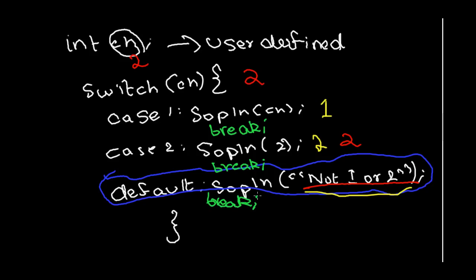So the basic function of the break statement, and I hope you guys have understood, is to stop the execution of a switch or of any loop or iteration. You can use a break statement in a while loop. You can write while something, do something, then break or go out of the loop. You can use it in a for loop. You can use the break statement anywhere you want. And well, that's it for switch.